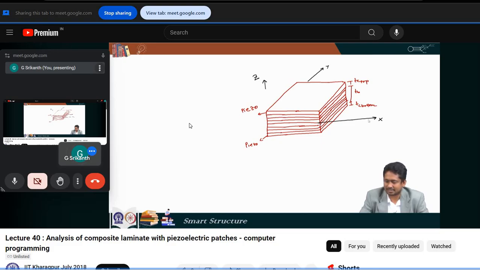This is our x axis, this is the y axis. Along the x axis, let us denote the dimension as a, and along the y axis let us denote the dimension as b, and then the piezoelectric patches would be excited with voltage, and we will see the response. So, for that